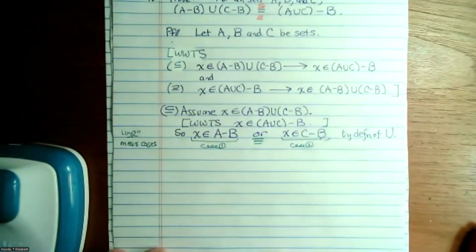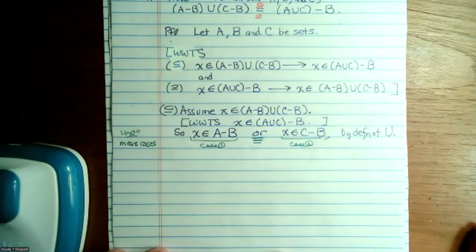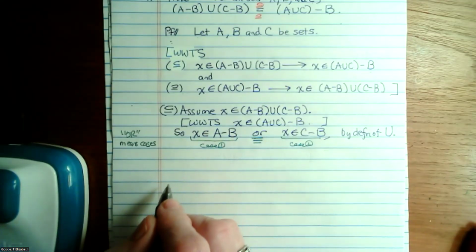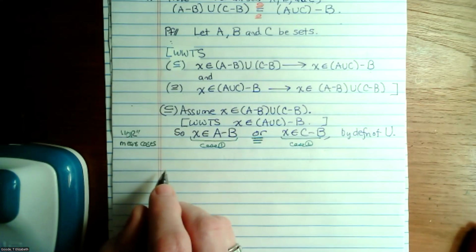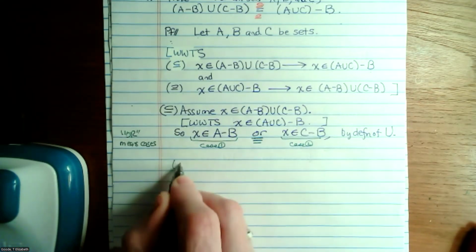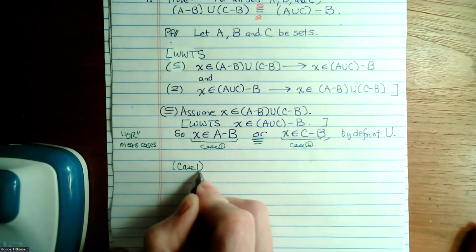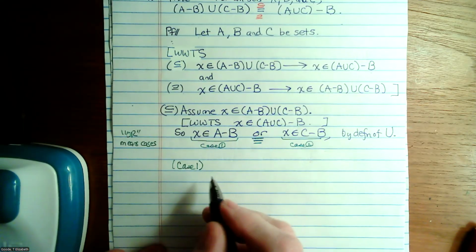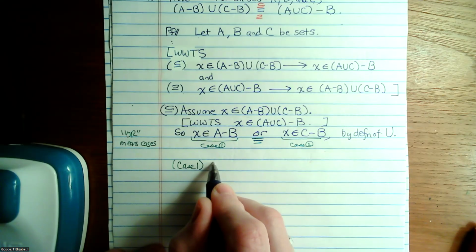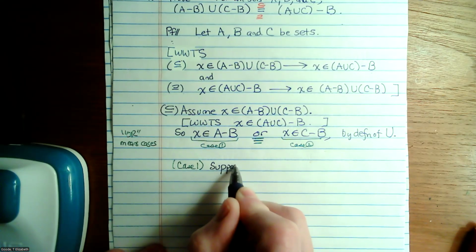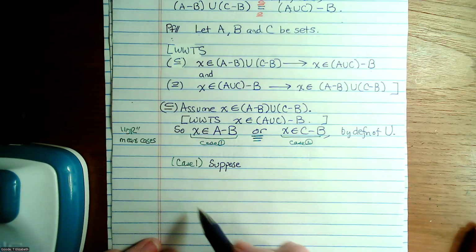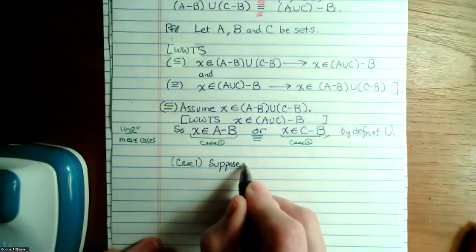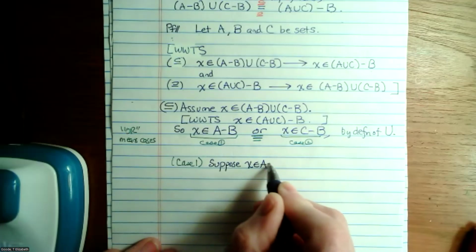Okay, so I wrote out your class notes just to kind of get a feel for this. So we start with, since X is an element in, I'm sorry, case one, we would say. Exactly. We want to parse out our cases. So suppose, or let, or assume. I like suppose inside cases. It's a matter of taste. But what should we suppose for our case one? Suppose X is an element in A minus B,